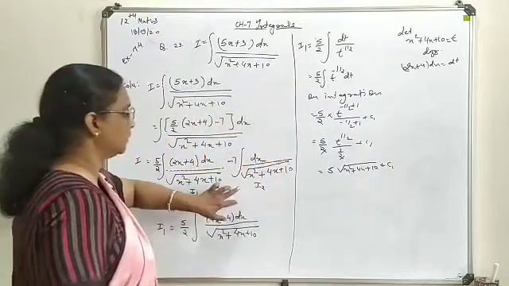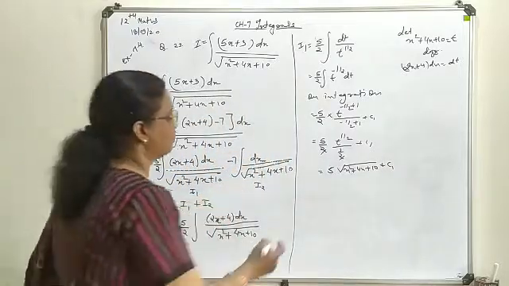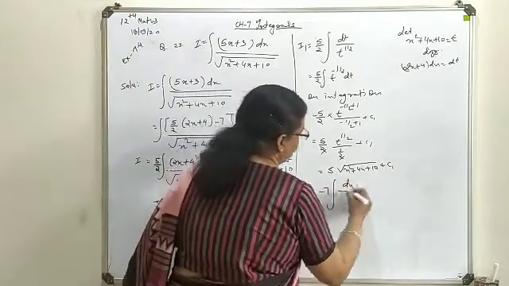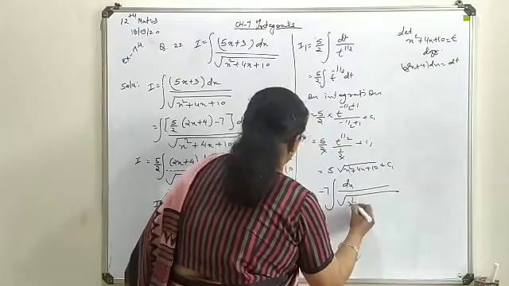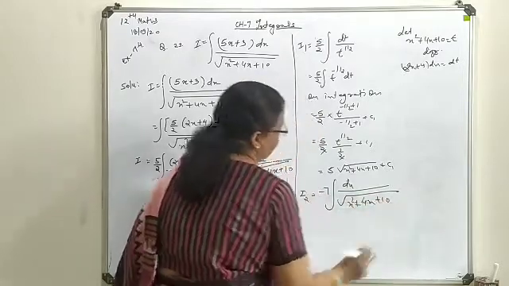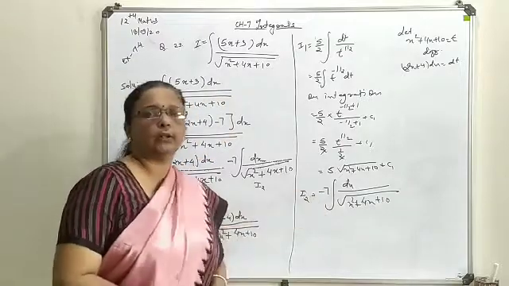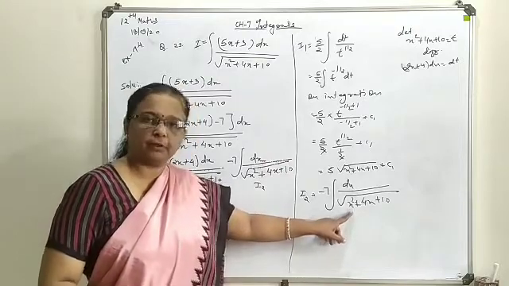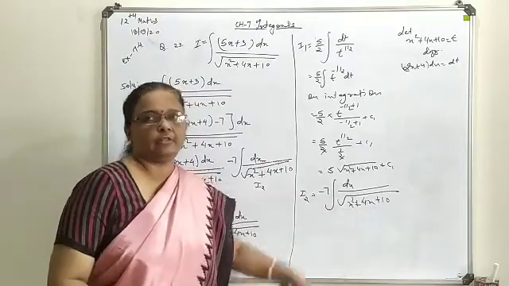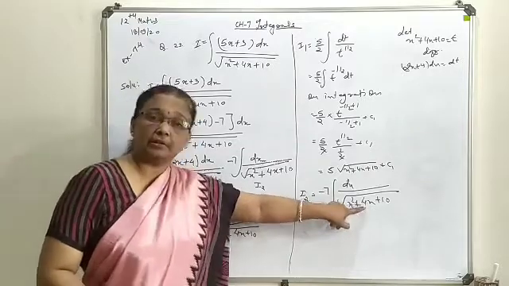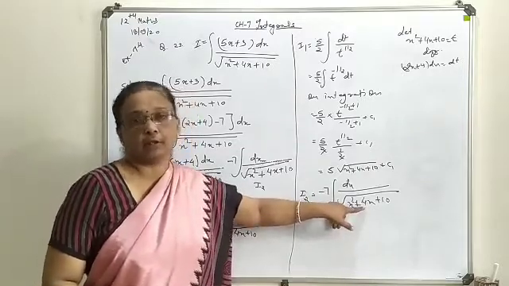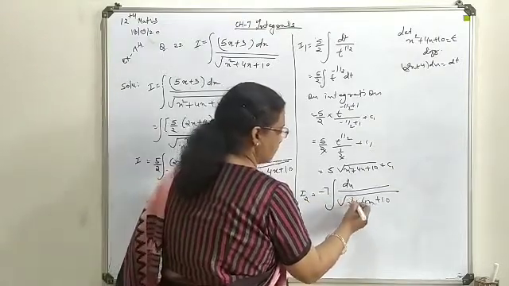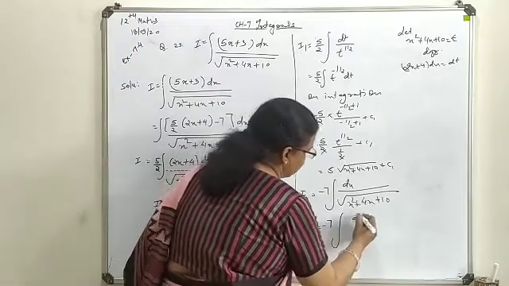Now you will move towards the second one, that is your I2. So for I2, this is minus 7 dx upon under root x square plus 4x plus 10. Now this is the only term available in the denominator with the x variable. So it is to be converted into a perfect square if possible directly, and if it is not possible directly, as per your middle term you will introduce the constant as we have already done in the last cases.